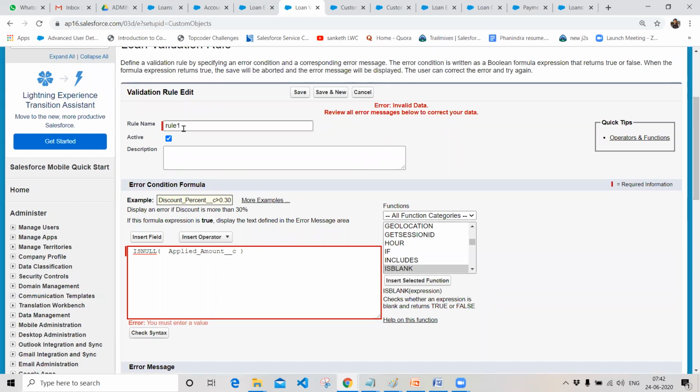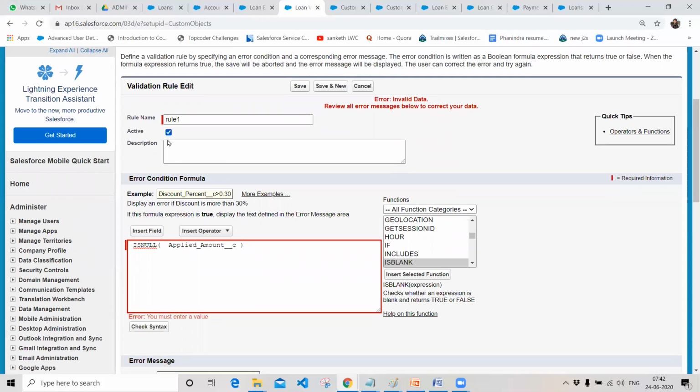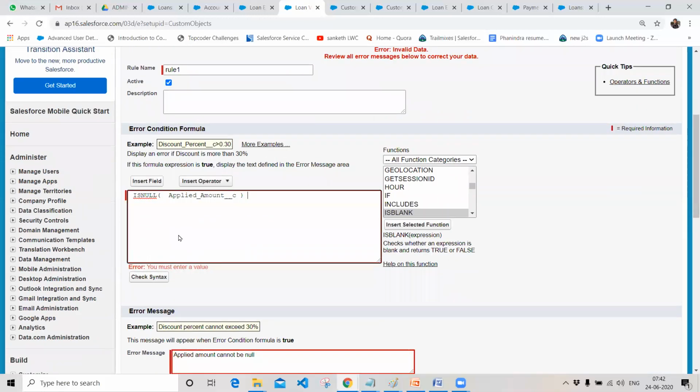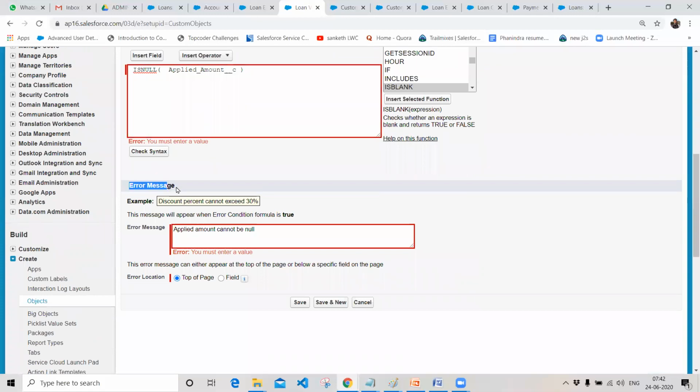It will ask you the rule name, and whether you want to activate this rule or not, which you can do using a checkbox over here, and you can write your formula conditional expression over here. If you want to display any error message, you can write it in this text area, and check the syntax over here.